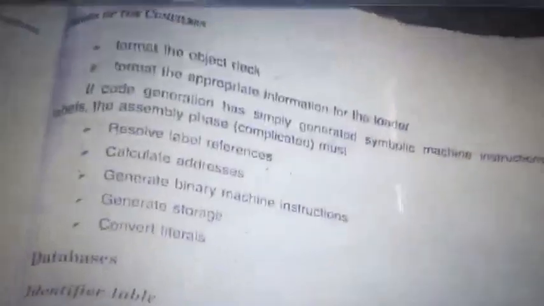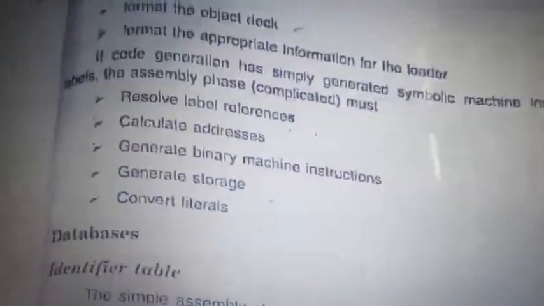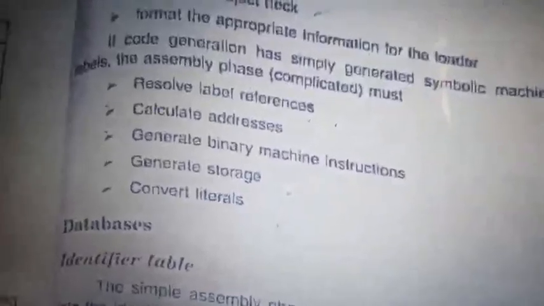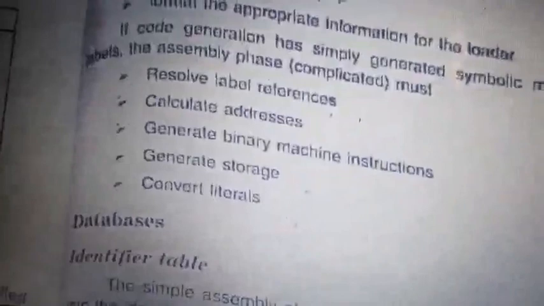If the code generation phase does not simplify the task, then everything depends on the assembly phase. If it has been done, then the assembler is only giving information to the loader, arranging the object code, and resolving the labels. Only 3 tasks it has in the assembler.